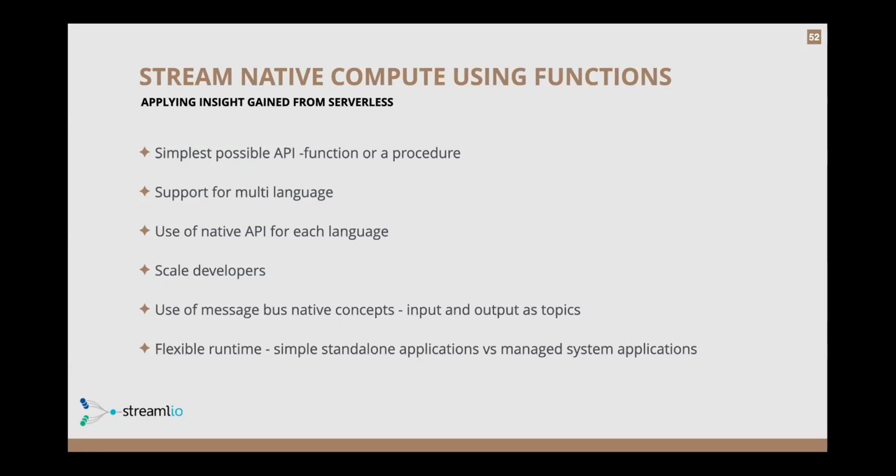They can become quickly productive using these serverless functions, these stream native Pulsar Functions. We also support a flexible runtime, so you don't have to submit them up to the AWS Cloud. You can have everything from standalone simple applications to distributed applications across multiple worker nodes and function nodes and Kubernetes pods and things of that nature. Really no limitation of where you run these things. So if you want a simple standalone application, for example, with the functions running co-located with your broker, you can do that. You're not required to have a Kubernetes cluster. You're not required to submit them to AWS, a cloud provider. You can have a self-contained broker doing all the processing as well.